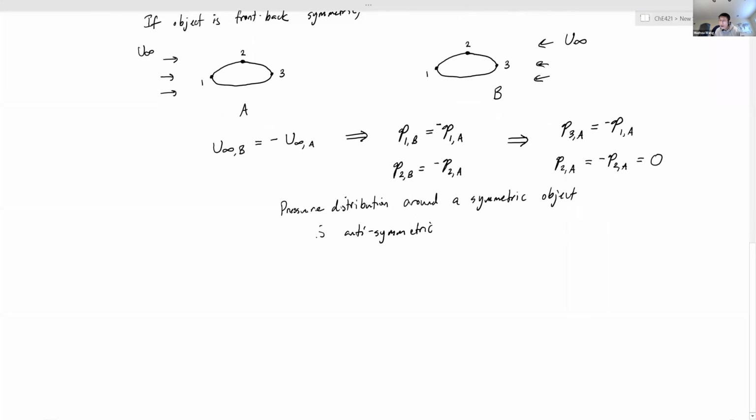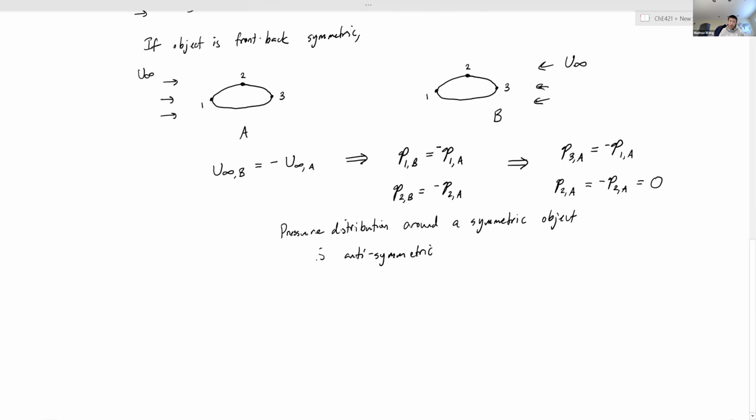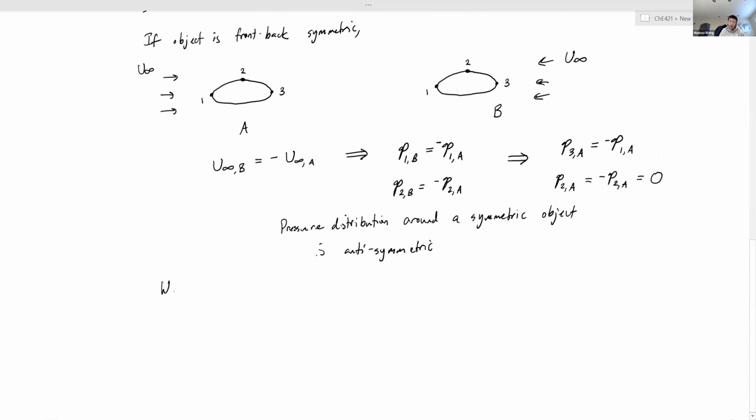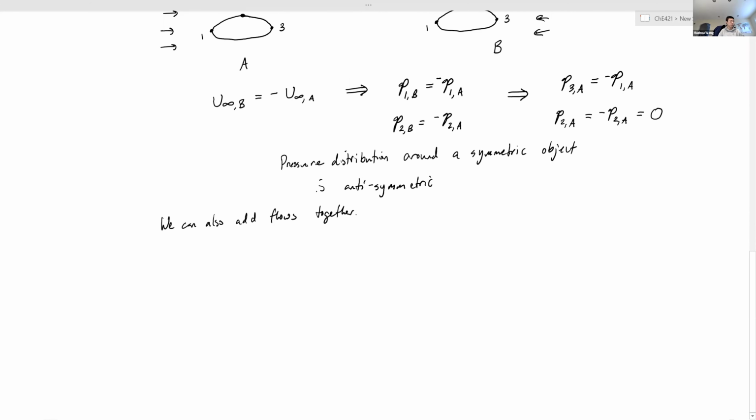Okay. Last thing, and I only have 5 minutes left. This should hopefully take less than 5 minutes, is that we can also add flows. You guys kind of saw this a little bit, right? We saw this when we were dealing with a steady state in the transient case, right?